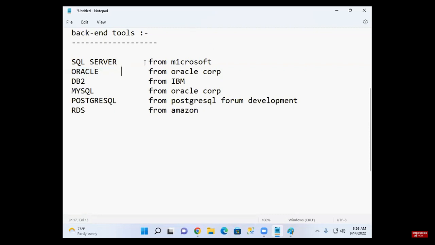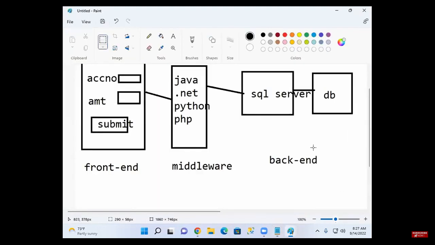That is why there is no need to learn multiple databases. Learn only one database. One backend tool is enough.